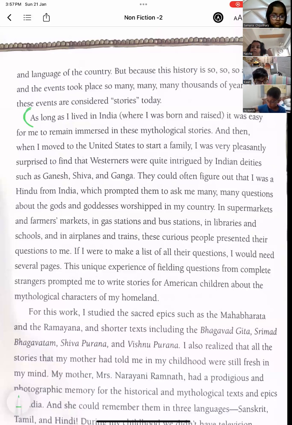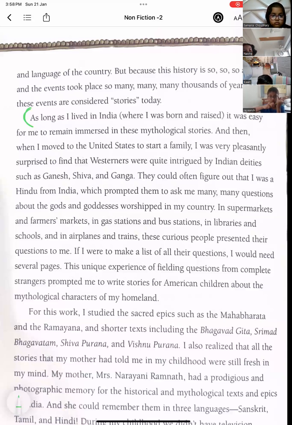an assertive sentence, right? They were not expressing any opinion. But from now, this person has started expressing his opinion that during his stay in India, all the things that he's learned, he's sort of made stories from in this book. Correct? So, as long as I lived in India, where I was born and raised, it was easy for me